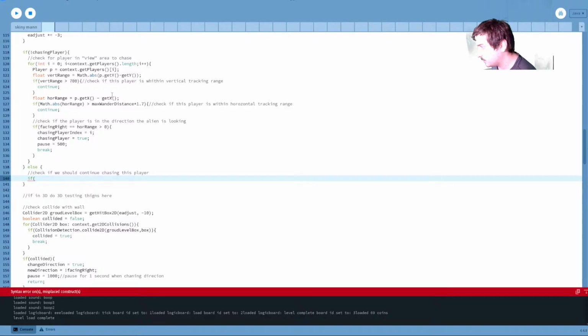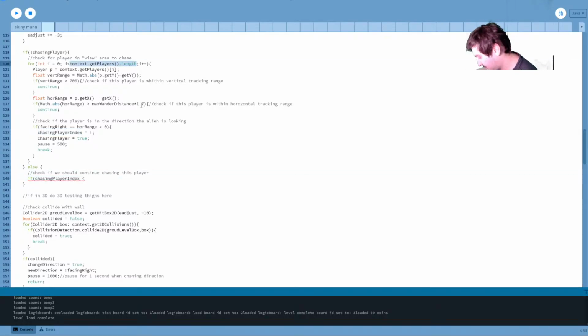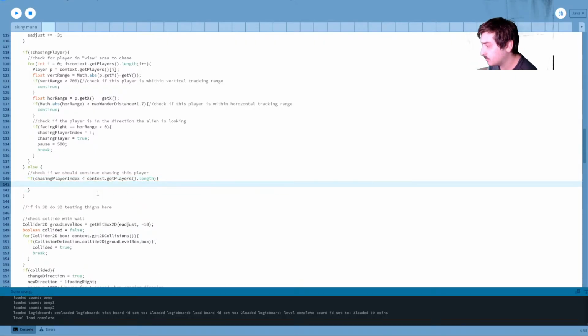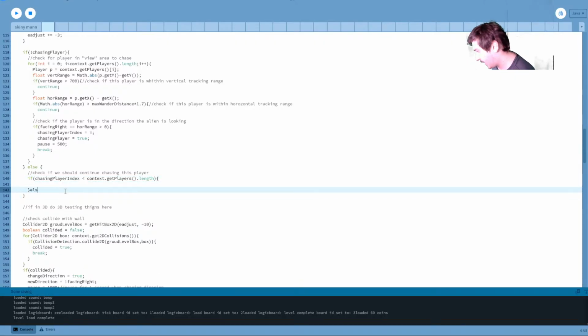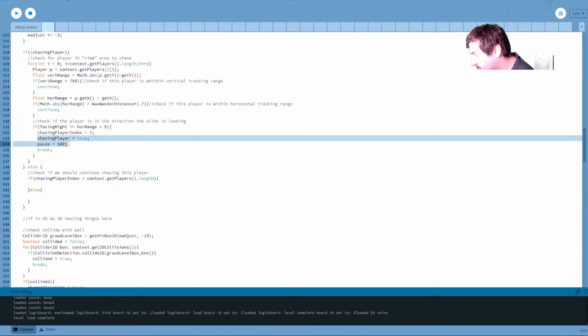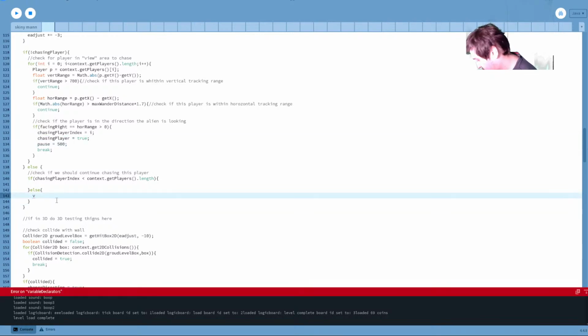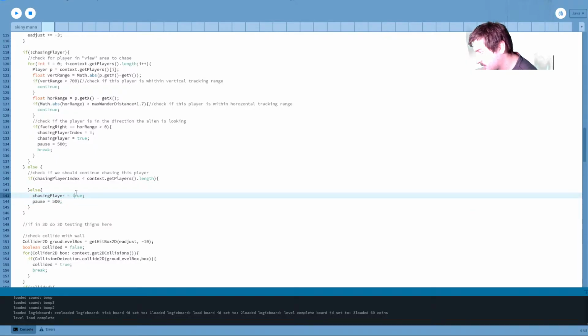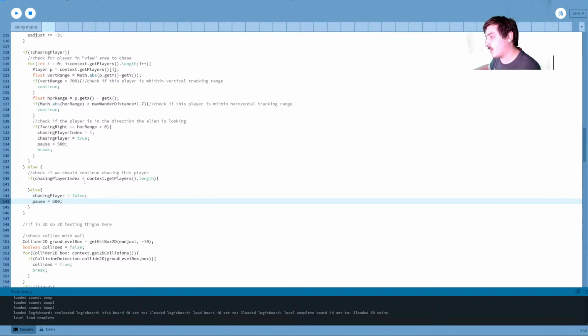First thing we're going to do, if chasing player index is less than the length of these players, so basically, if the player it was chasing leaves the stage, we don't want to crash. So we'll say chasing player false and pause for half a second there.